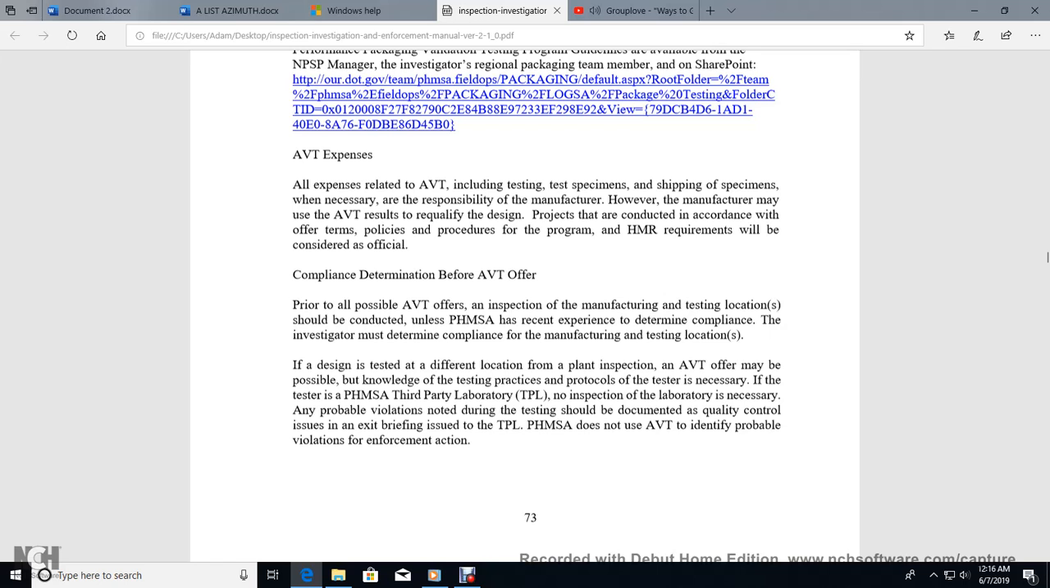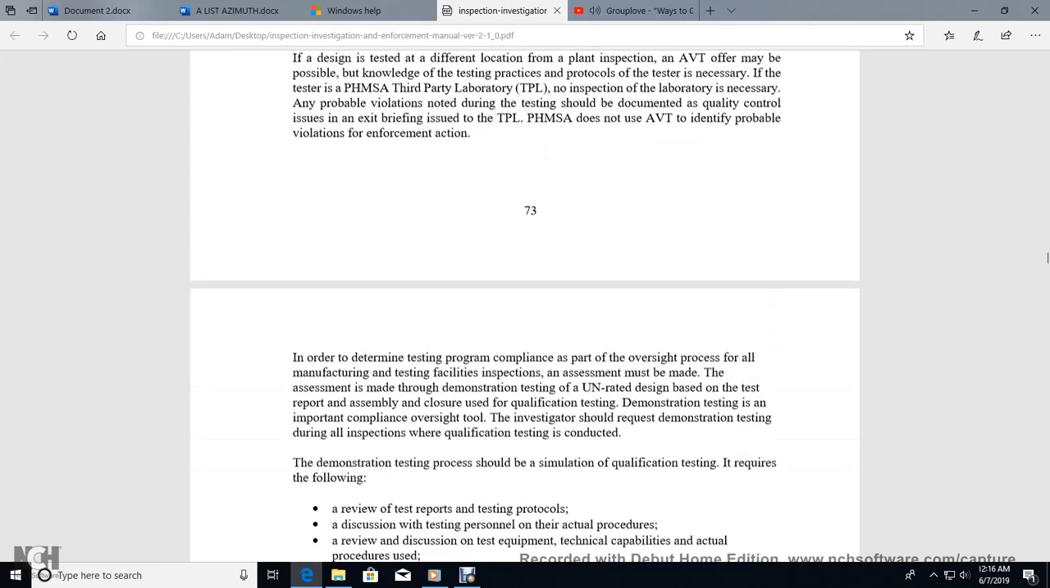If the test for the PHMSA third party laboratory, no inspection of the laboratory is necessary. Probable violation noted during the testing should be documented with the quality control issue, with the existing briefing of the third party laboratory. The PHMSA does not allow the use of alternative validation testing in identifying probable violation enforcement action. In order to determine the testing program is compliant, part of the oversight of the process of the overall manufacturing testing facility inspection, the assessment must be made throughout the